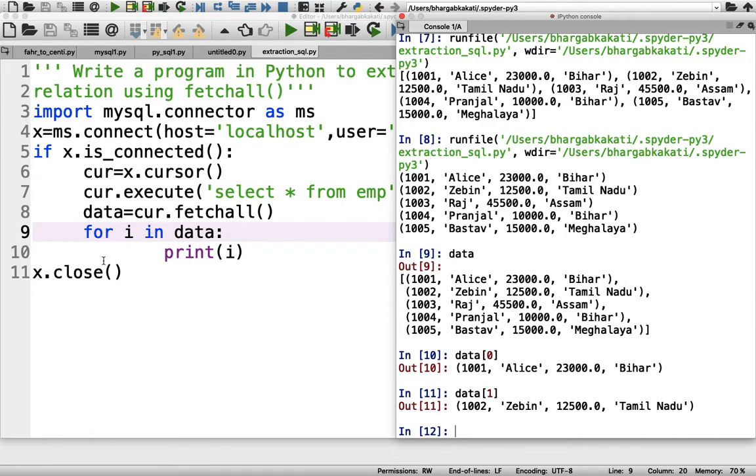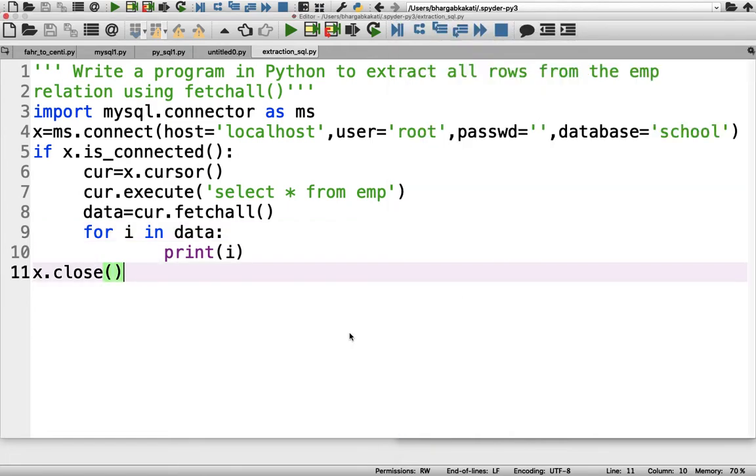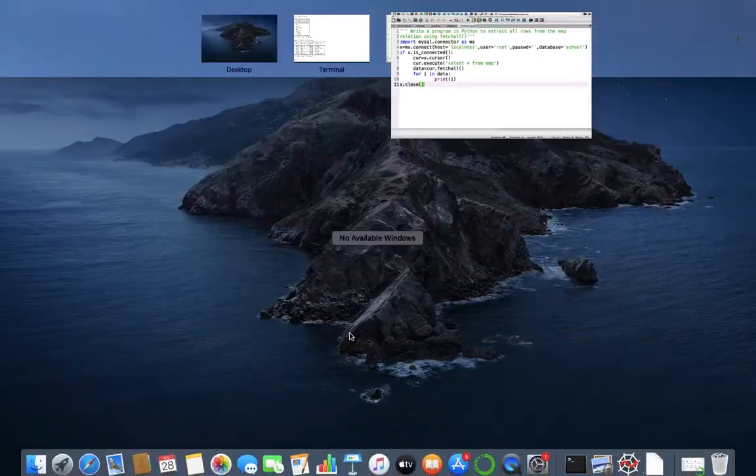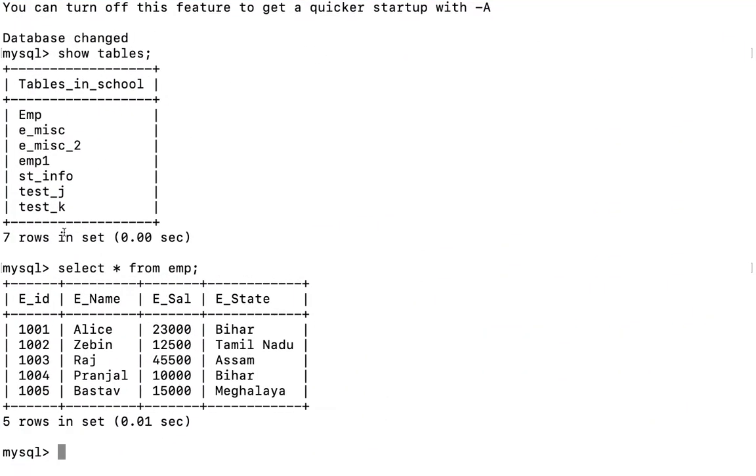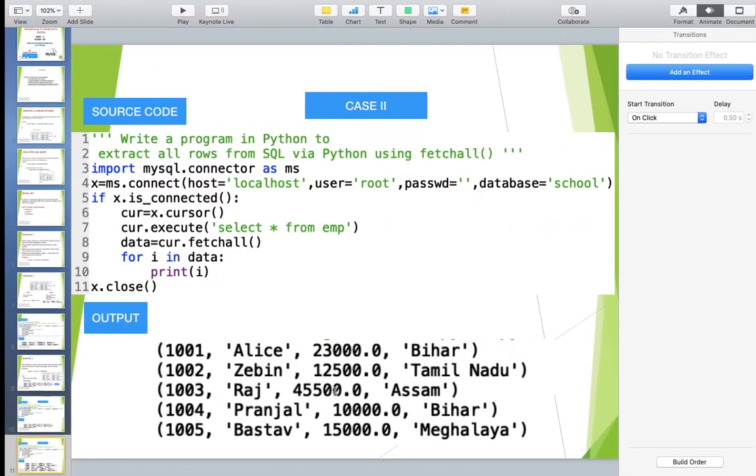After that, in the next iteration, the index 1 will be taken, that is the second row, then the index 2, 3 and 4 respectively. So, one by one the indexes will be moving in this particular program. If I can just say, this line has an index 0, this line has an index 1, this line index 2, 3 and 4 respectively.